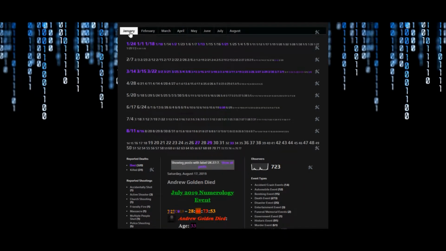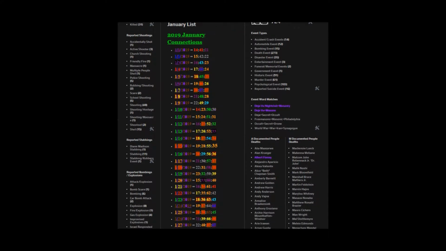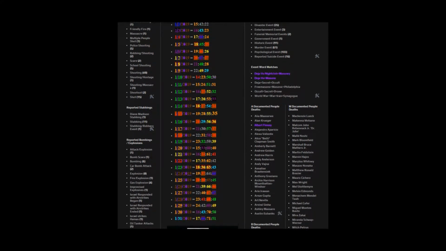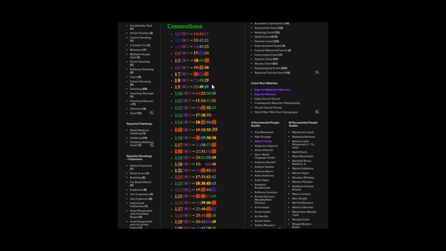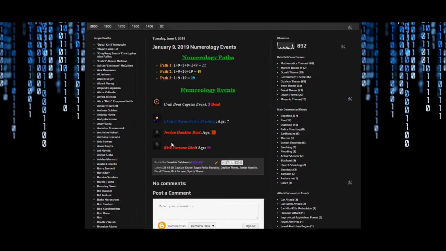example. If you go to, say, January, for instance, it'll give you all of the days in January, and you can click on the day. So say if I go to 1/9/2019, it'll give me all the events that happen on that day. So you got the crab boat capsizing event, you got the Charlie Payne police shooting, you got the Jordan Hankins died, and you got Rick Forzano